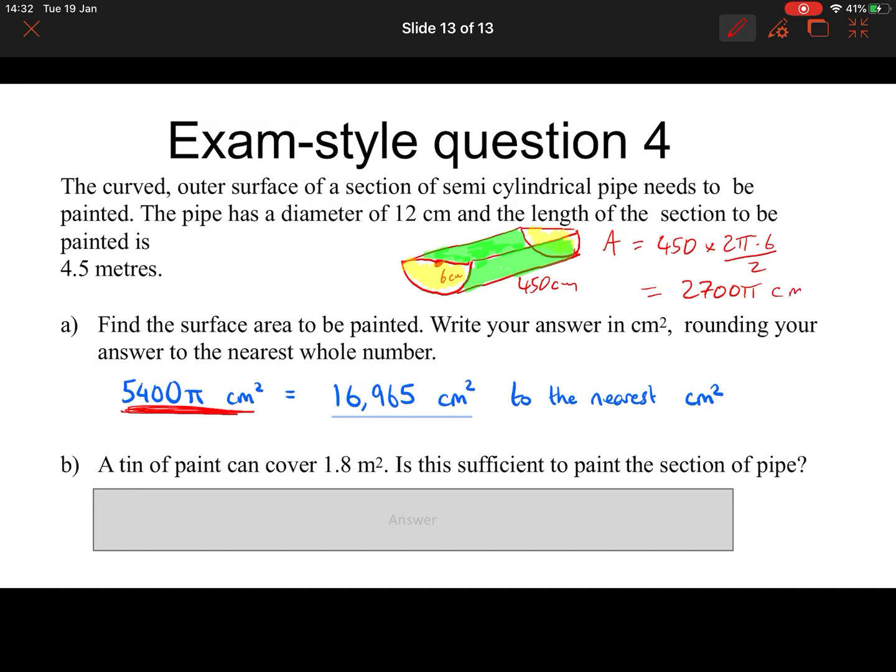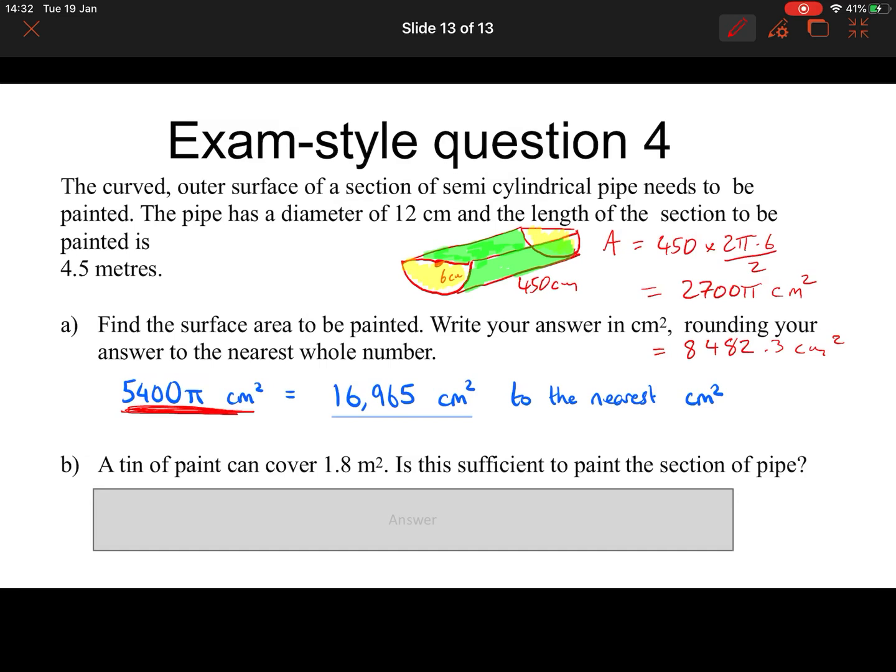So this is 2,700 pi centimetres squared, okay? Let's just times that by pi in the calculator. And we get 8,482.3